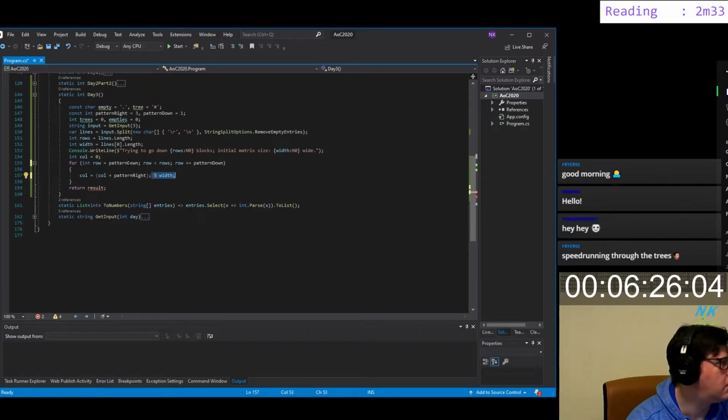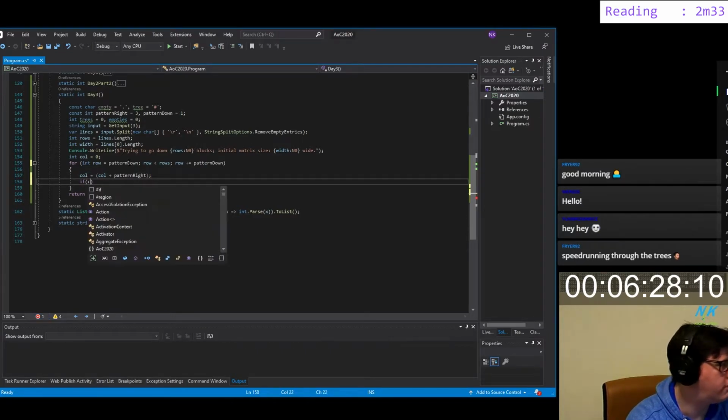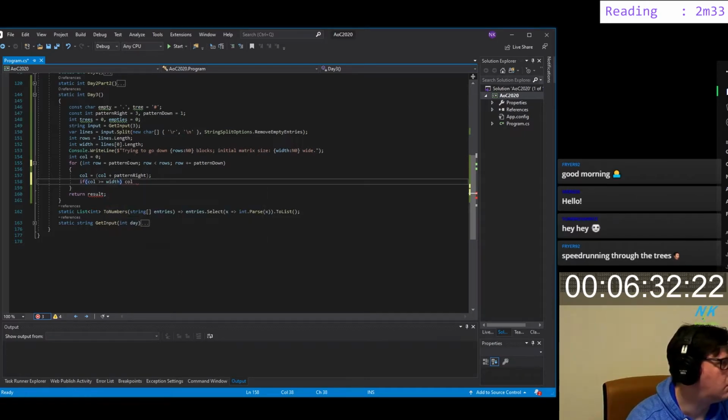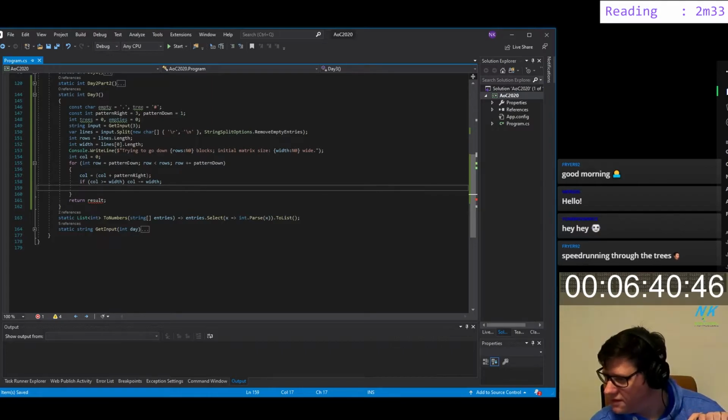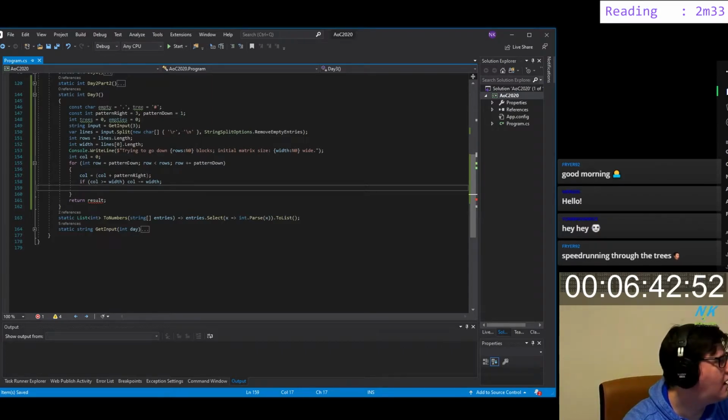Actually, I think if call is larger or equal to width, call min is width. I think this is better. So now we keep wrapping, speed running through the trees. Yeah, I'm trying. So now we do